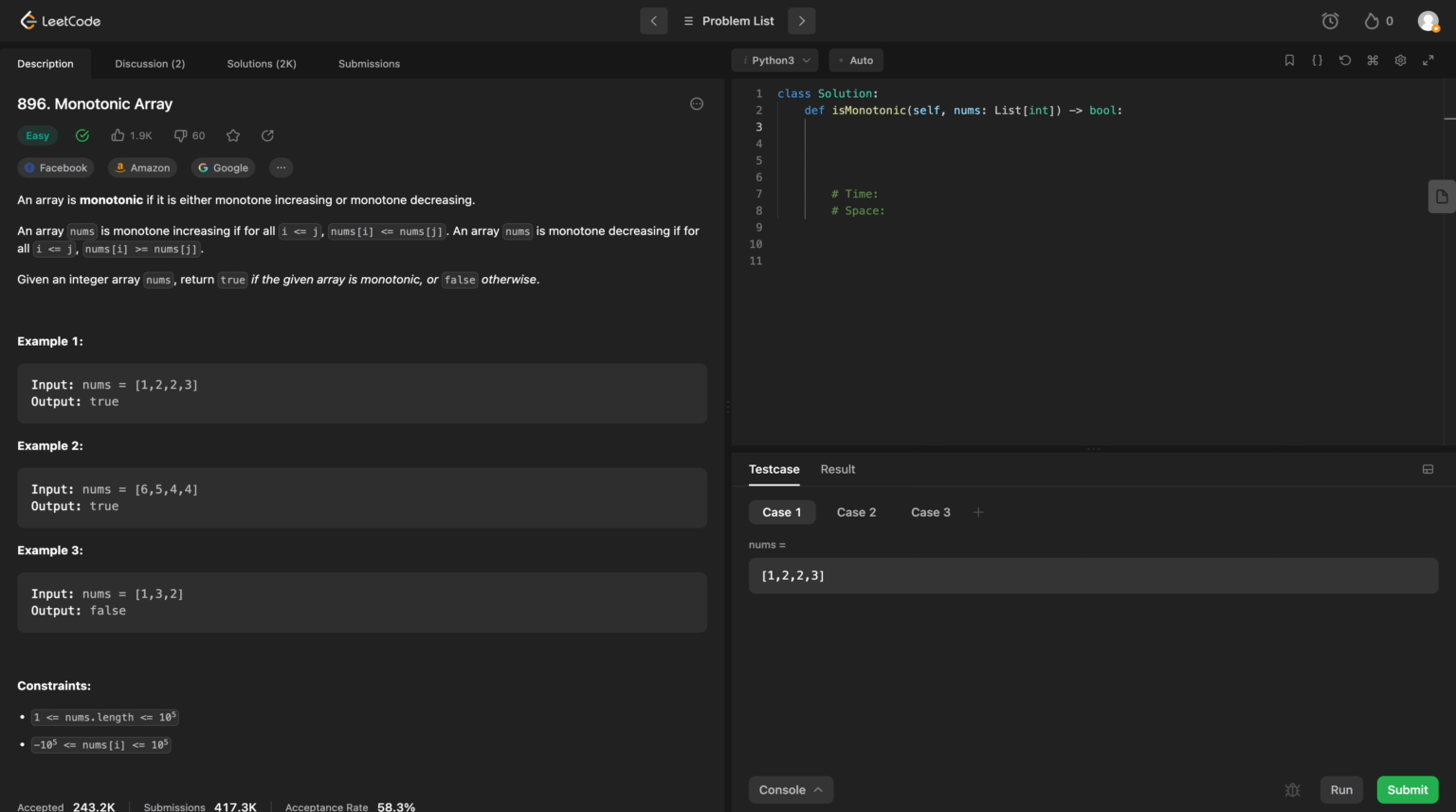So we can solve this in one pass and keeping track of two variables, whether it's increasing or decreasing. So let's say our variables are going to be increasing. We will initially set it to true, and we will do the same for decreasing. So we are going to loop through every element in our array starting at the first index. And then we will check the previous element and do our comparison. So we'll say for i in range 1 to the length of nums,